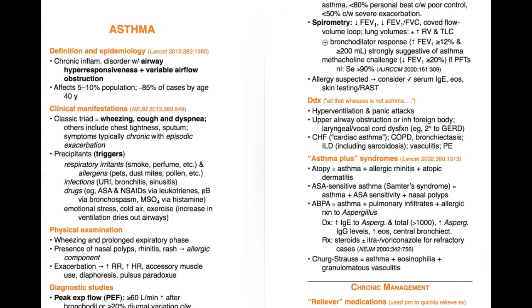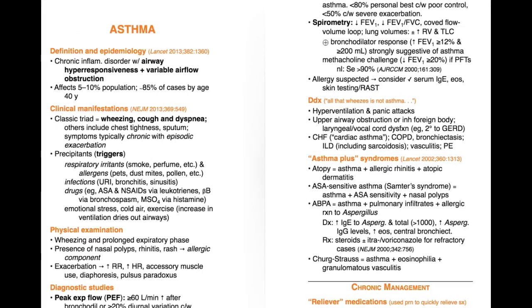So what I pulled up here is the Pocket Medicine pages for asthma. And you'll see that they're quoting the New England Journal article here. They're quoting a Lancet article, as well as what's called,